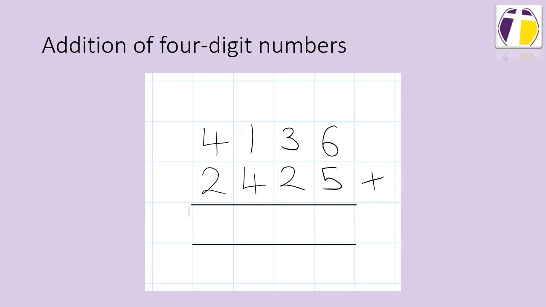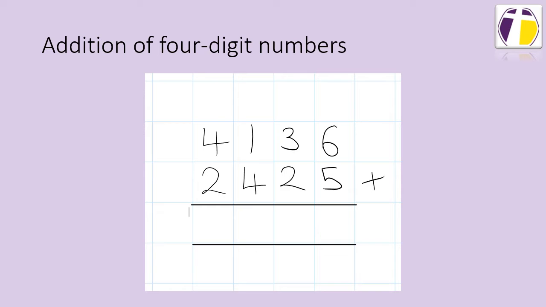Hello Year 4. This week we have been learning about addition and subtraction with 4-digit numbers. We're going to start off with some addition. Remember those key rules that we have spoken about this week. I have got a sum on the board and I'm going to discuss through how I need to work out the answer. So I've got 4,136 add